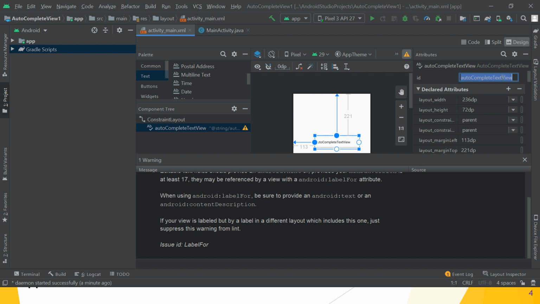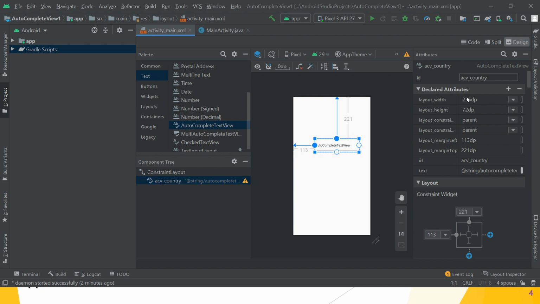Which ID do we want to give to this AutoCompleteTextView? You can suggest any name, for example, auto control view country. Great. So this is the name given to this view. This is the ID.